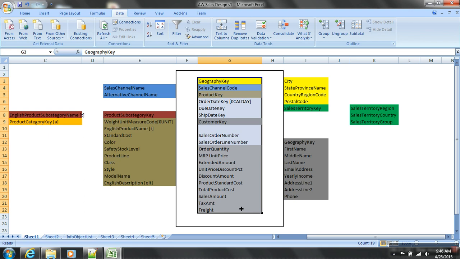I got one type of transaction, which is sales orders. So the transaction data gets into the cube. I've taken all the columns of my transaction and formulated it here, because each column would become an InfoObject for me. Look at this now: geography key, sales channel code, product key, order date, due date, ship date, customer key, sales order, order line.